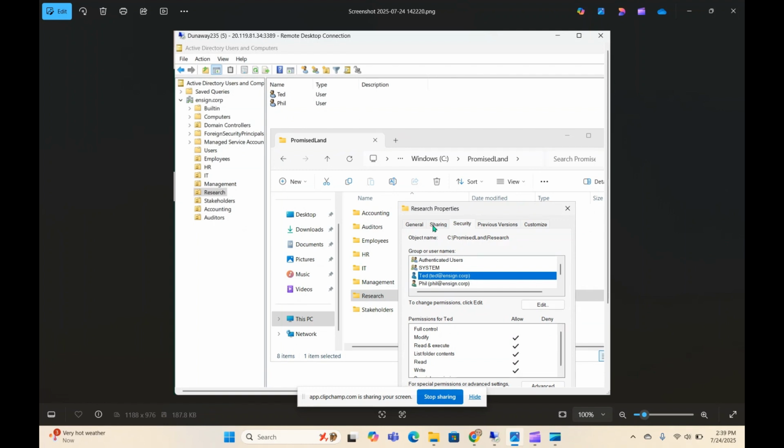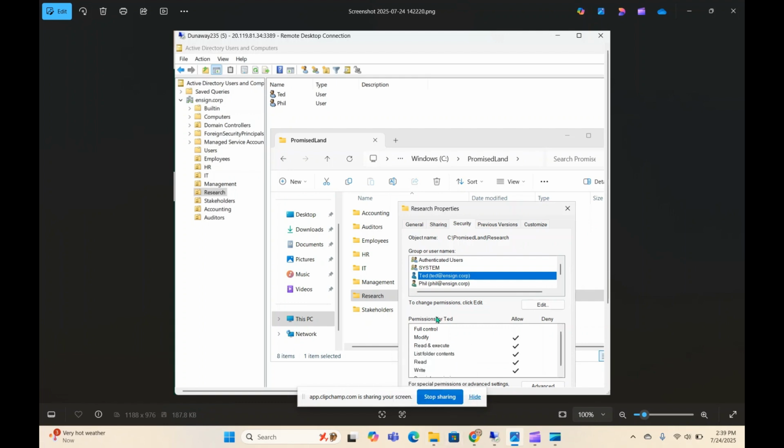Normal, right? Well, before I got to this point, if you don't have the folder highlighted and you right click and you hit properties, it's going to take you to the properties of the Promised Land, or the mother folder of whatever folder you're in. And so I had added them to modify the Promised Land folder. Well, because I did that and because of how these type of things work,